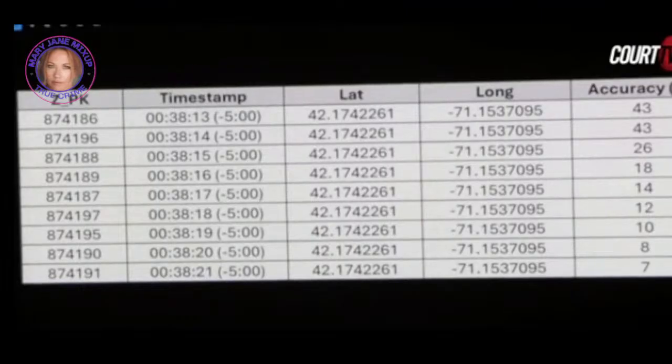But we can see that all of these records have a consecutive timestamp 1 second apart. The latitude and longitude is identical for all of these records, but at the same time, the accuracy drops from 43 meters to 7 meters within that same 8-second time period.